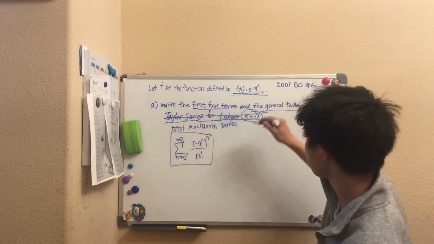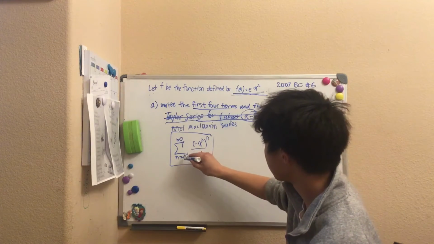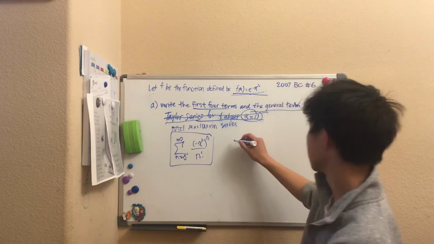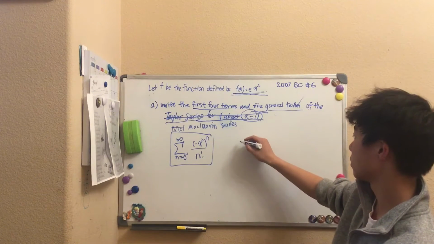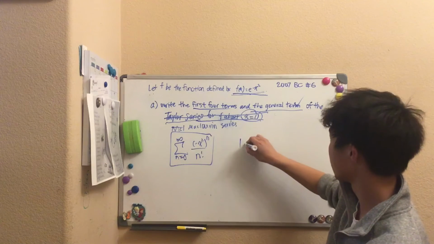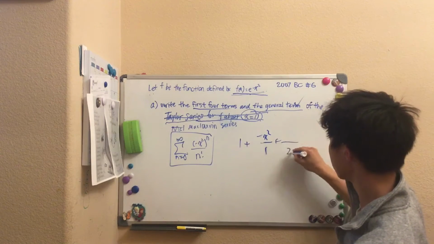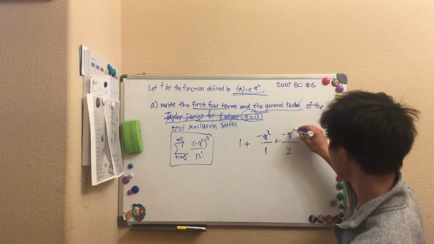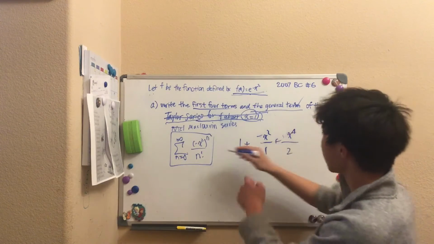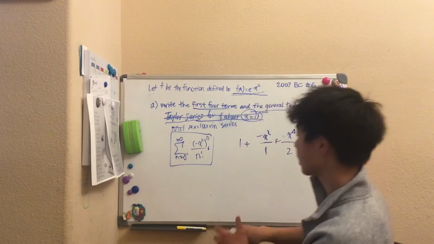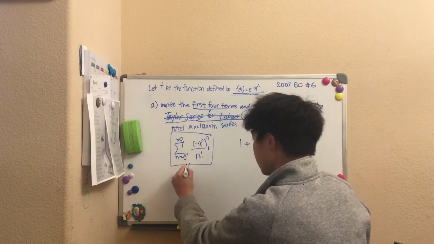Now for the first four terms, all I have to do is plug in 0, 1, 2, and 3. So what we'll get is when we plug in 0, we get 1 plus, when we plug in 1, we get negative x squared over 1. When we plug in 2, we get x to the fourth over 2, I believe, yeah, that comes like that. Oh, yeah. What we can do here is make it easier for us to read. This is the same as